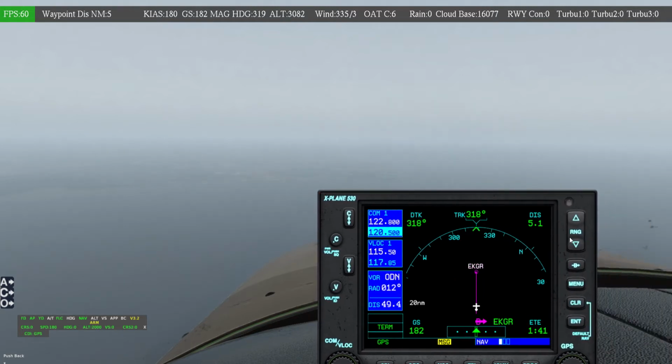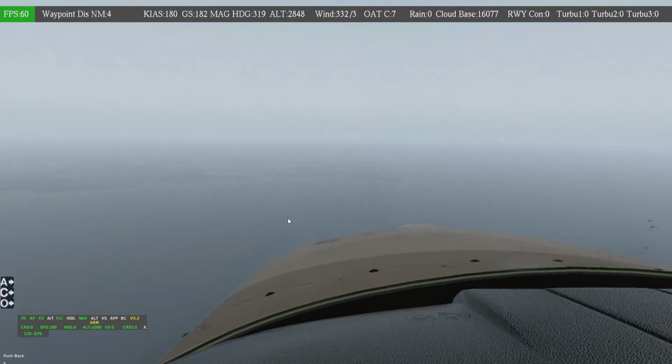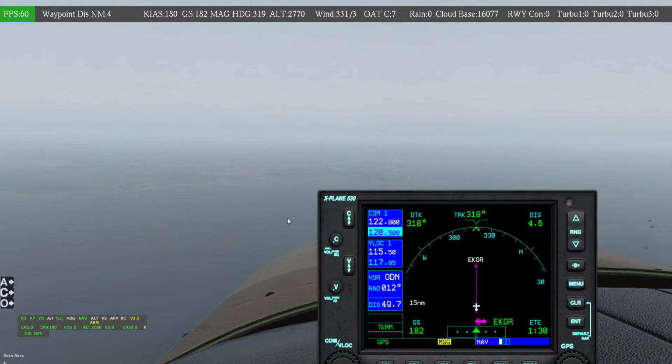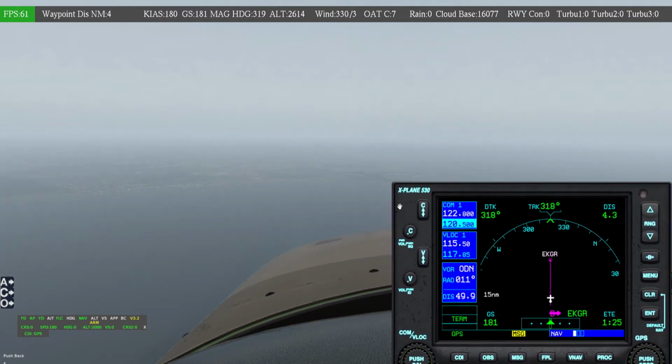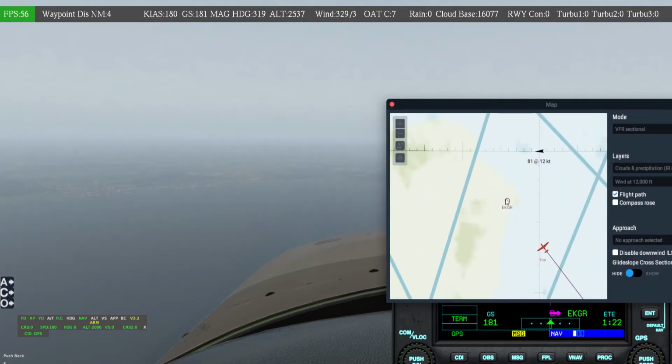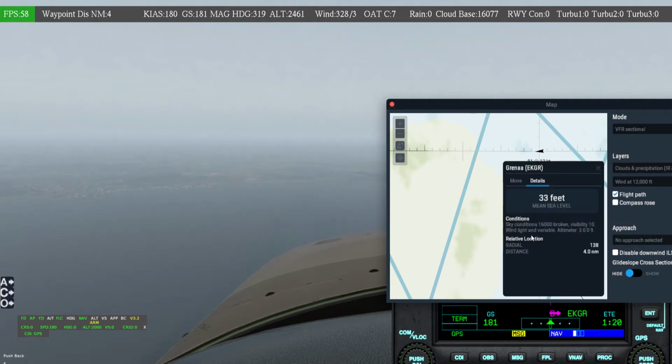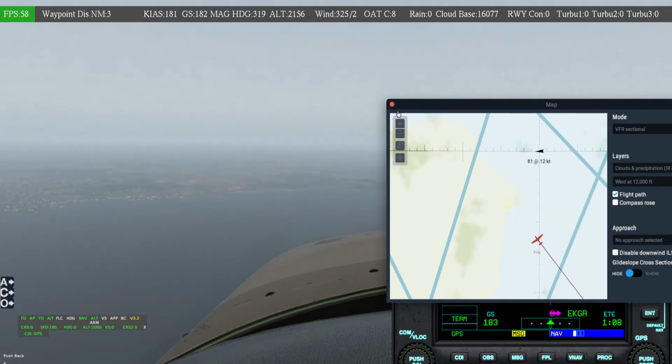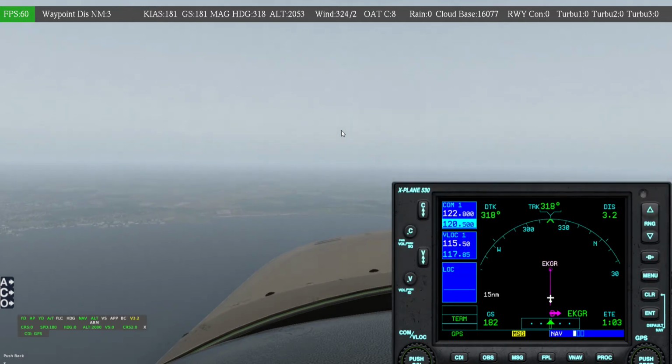We're getting close now, but let's see if we actually can see the main airfield, because the visibility isn't the best, even though if you take the information from the airfield details, skies at 16,000 broken, visibility 10, wind is light, so in reality there shouldn't be a problem as such. In order to